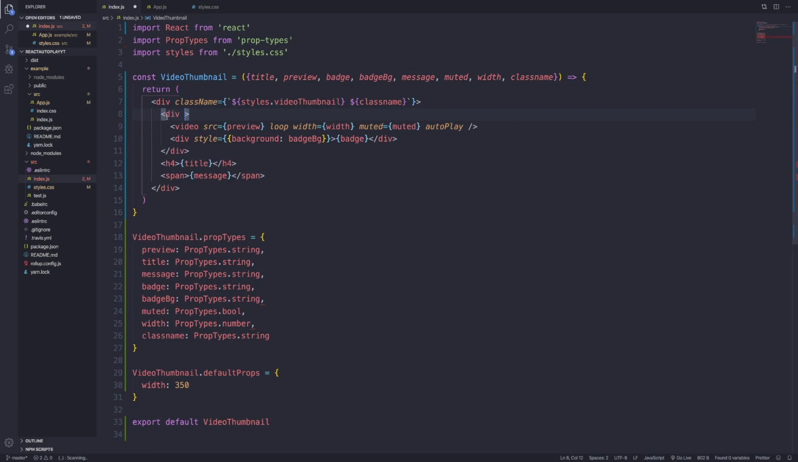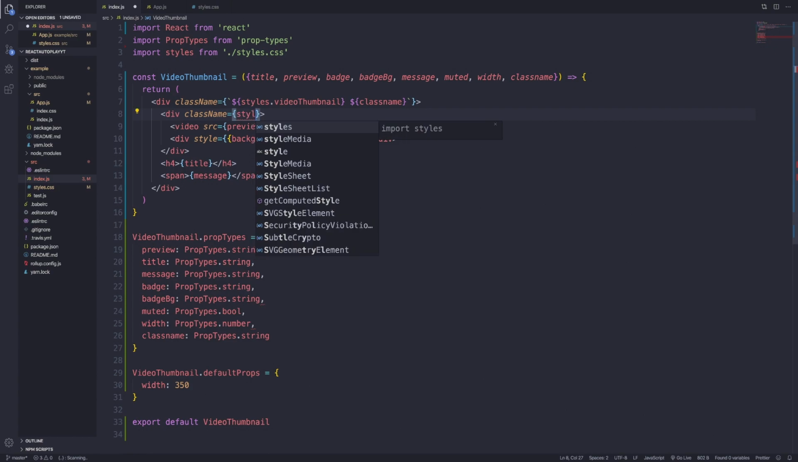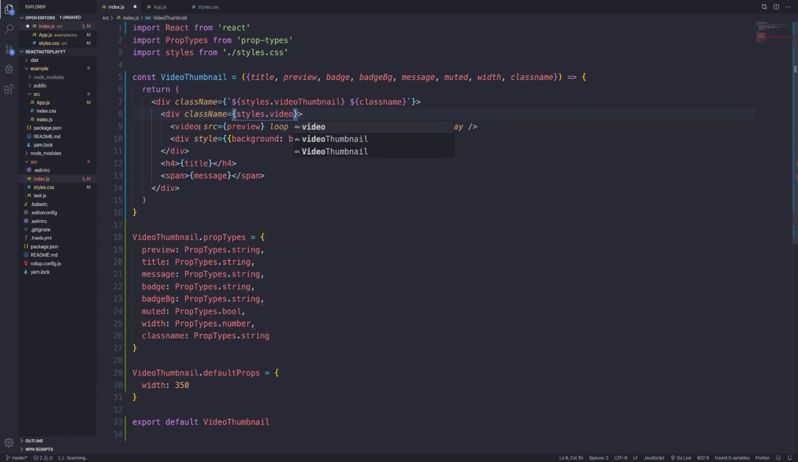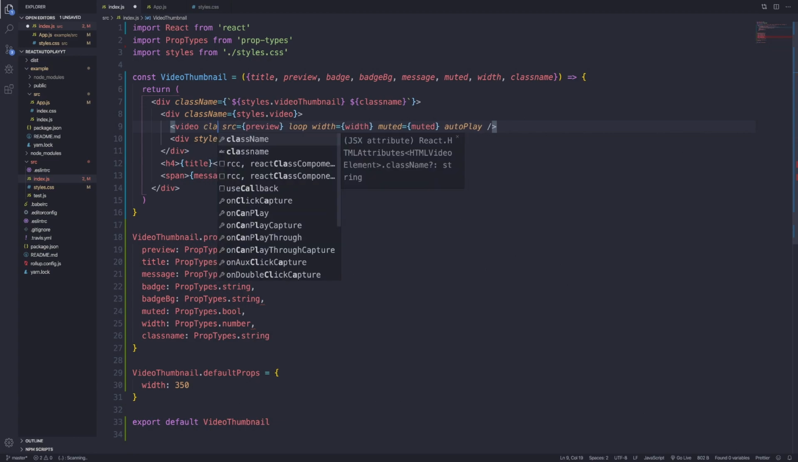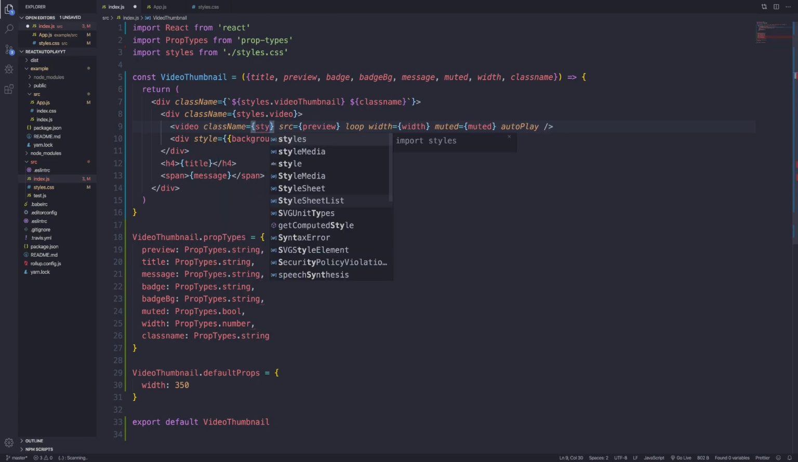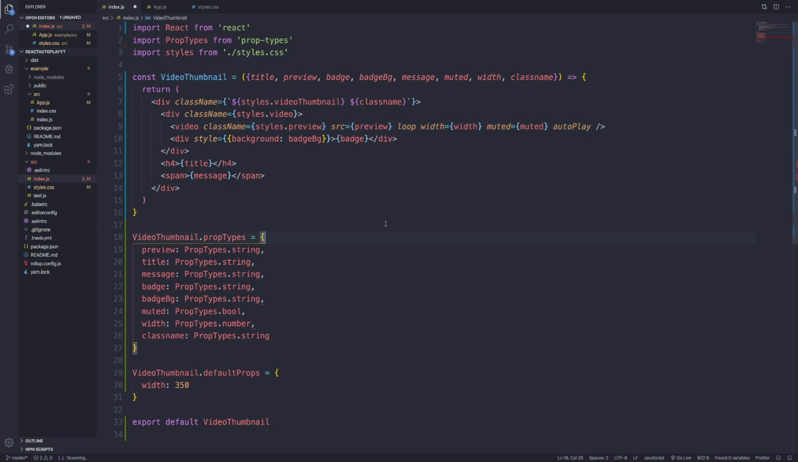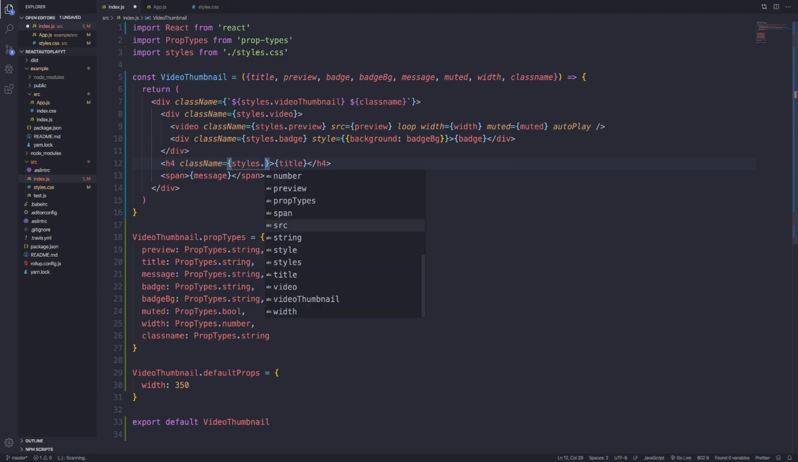Next, we have the div that's nested inside the video thumbnail class, which is going to represent the video and the badge. And this class name is going to be set to styles.video. And then our video is going to have a class name set to styles.preview. Our badge is going to also have a class name, and that's set to styles.badge. For our h4, we're going to have a class name, and that's going to be set to styles.title. And for views, we have a class name, and that one is set to